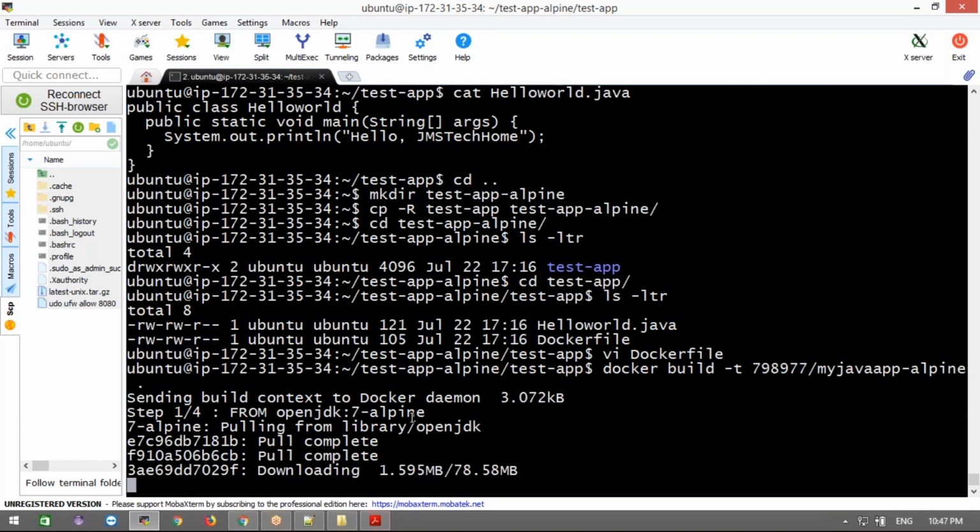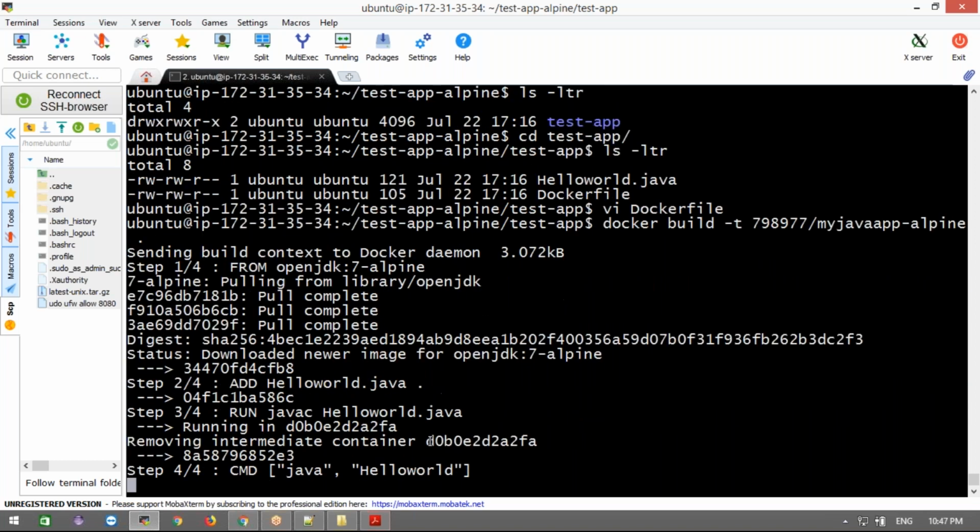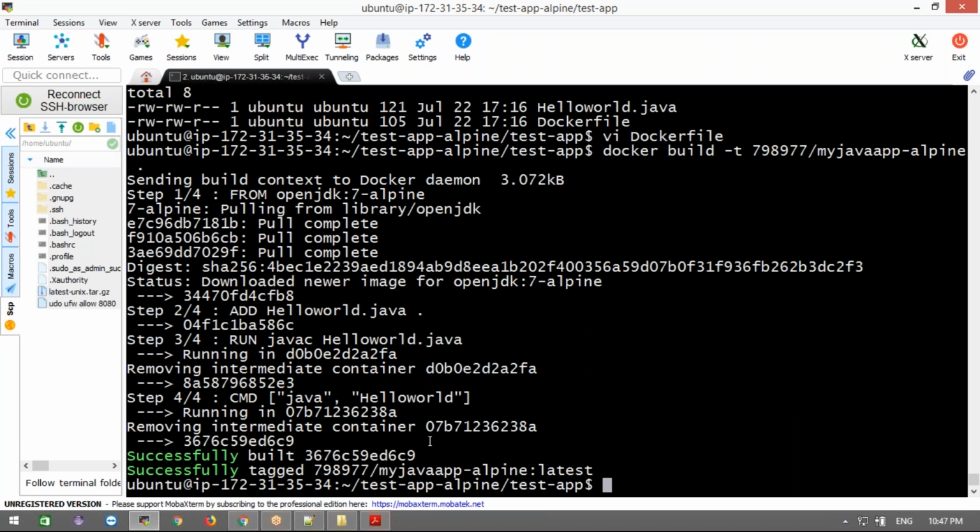This image is not there, so it will download first: the OpenJDK 7 Alpine image. I will show the difference between the base images.